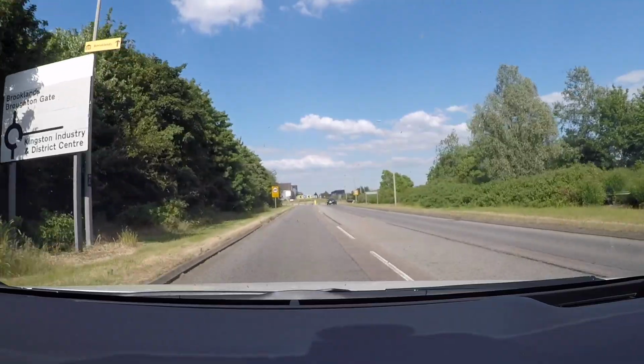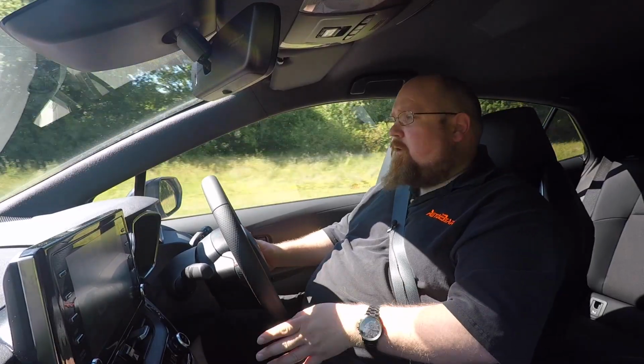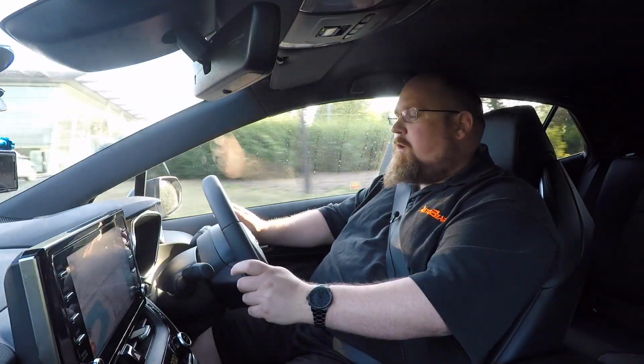And then the next thing, and I think it's kind of the final thing that I've found is a little bit of a niggle, is the footrest for when you're doing a long journey. It's just not big enough to hold your whole foot on there. So what are my thoughts on the new Toyota Corolla